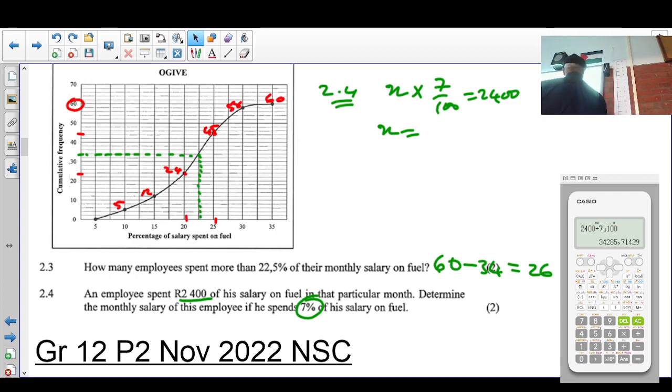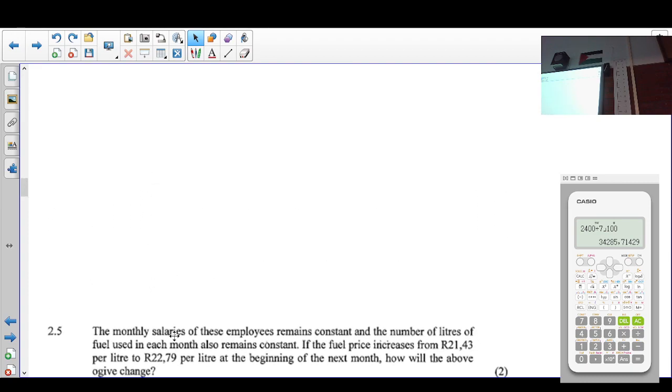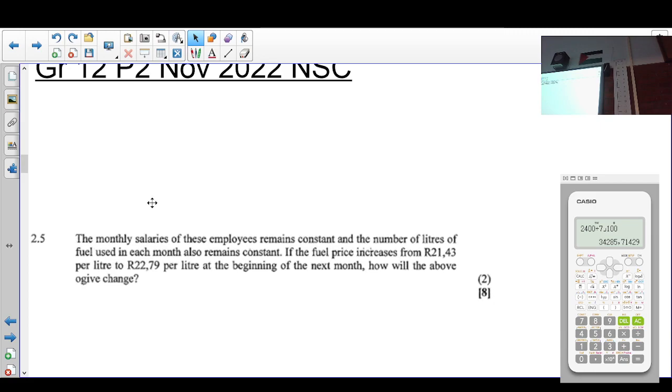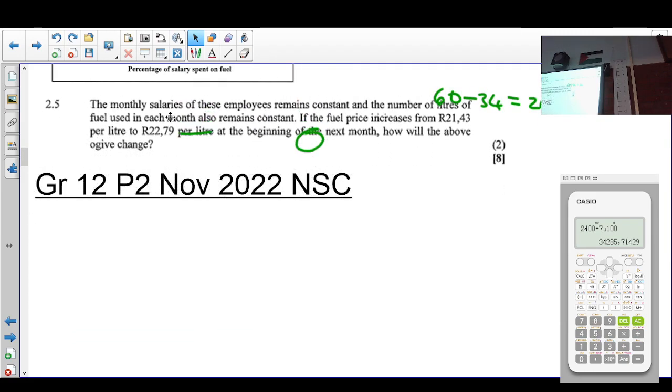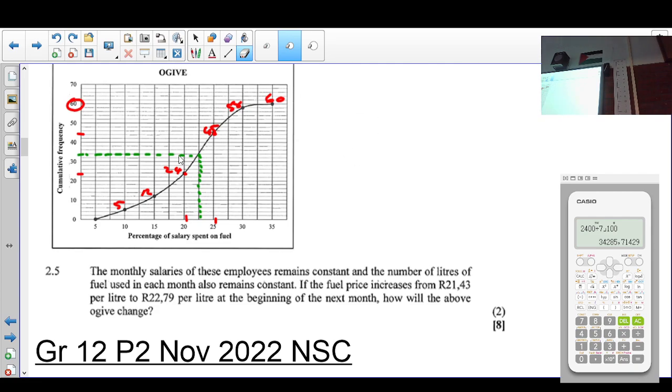Gives you 34,285 Rand and 71 cents. Okay. So that's his monthly salary. Okay. Then the last question says, in question 2.5, question 2.5,